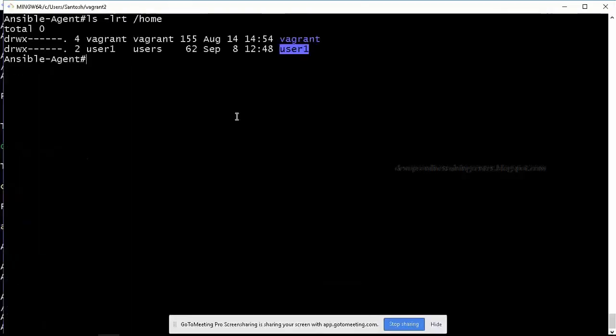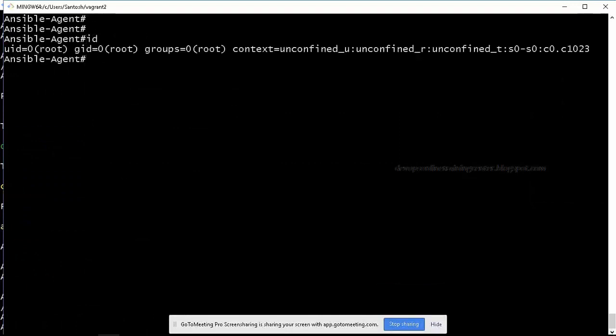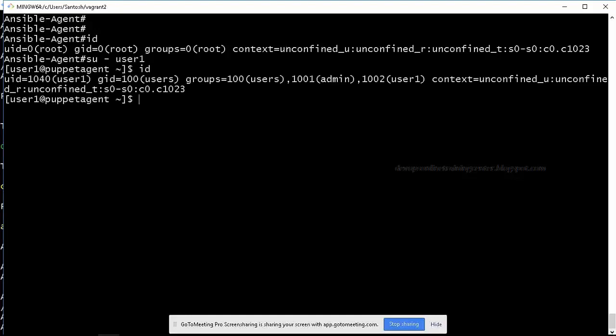So we can log into the machine using user one. How do we log into the user? Currently I logged in as root, then su - user one will log me in as user one. What is the id? User one. What are the groups? Users and admin. Present working directory, /home/user one. What is the shell? It will be /bin/bash. Is this clear?